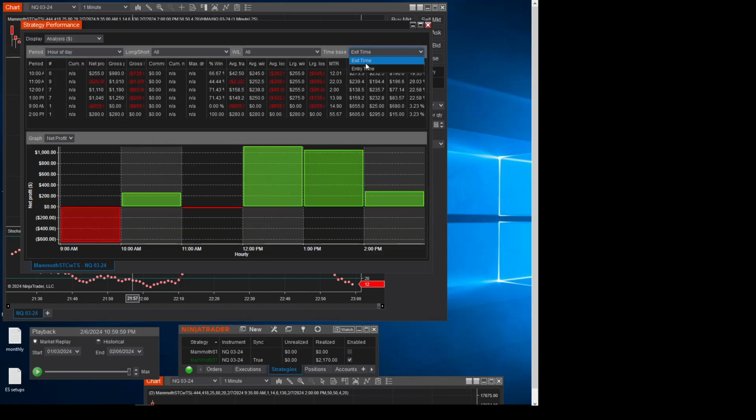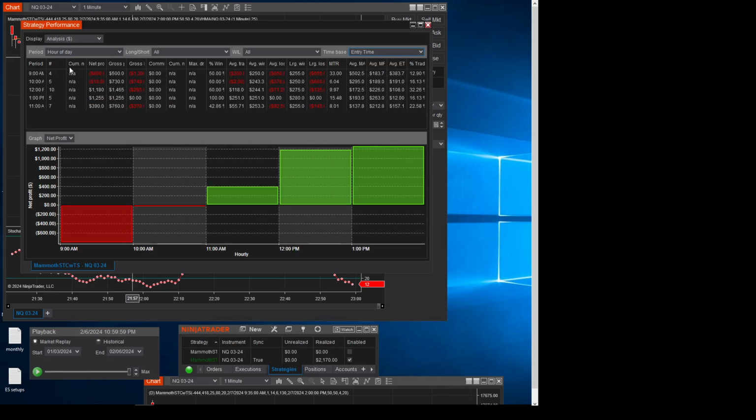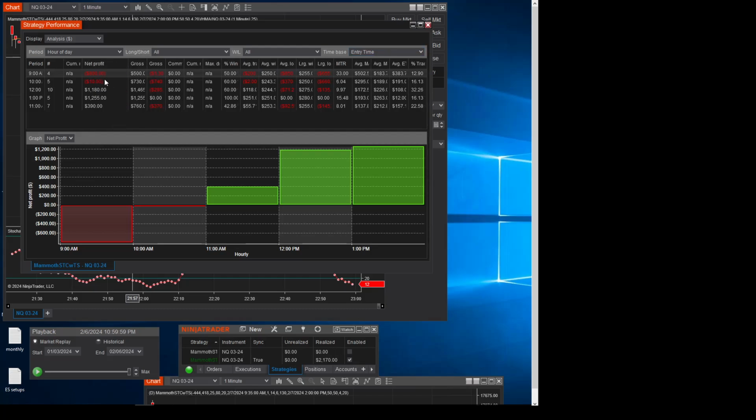Hours of day, if you change to entry time, you can see based on this strategy, the best time is 11 a.m. to 1 p.m. to avoid the 9:30 entry time. The 9:30 time you had an $800 net loss. So you can actually modify this strategy to trade from 11 to 1. Then you'll have